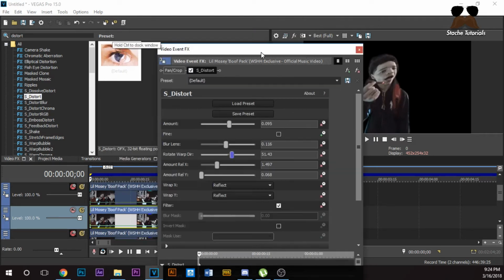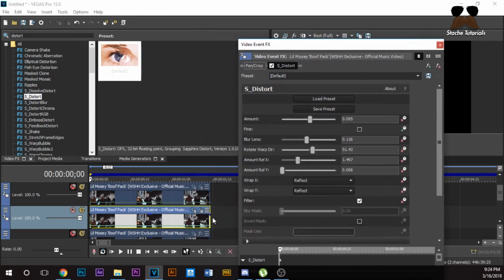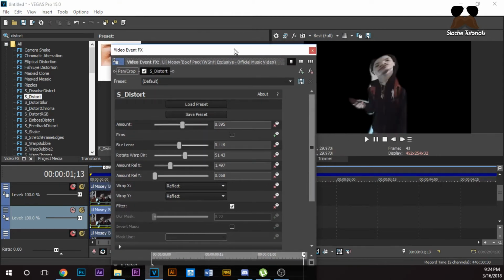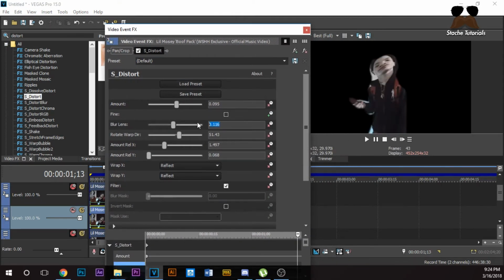Okay, and then now I'm going to go to the end of the clip, click one keyframe so I can see him, and then I want to change this back to 0, change this back to 0, and we should be good right there. And then I'm just going to rotate it a tiny bit, about like that.